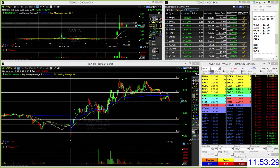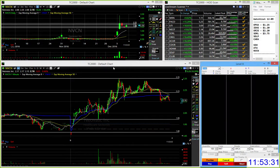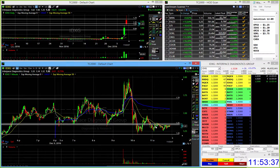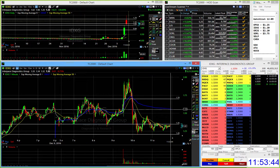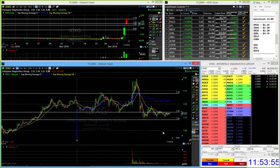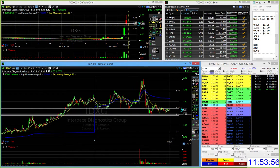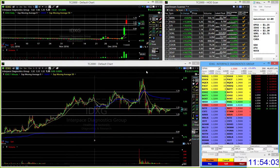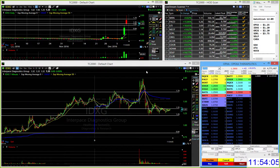So going into the afternoon, I'm going to be watching IDXG. Potentially watch this one for a break through 120. I don't know if it can do this, but once the VWAP catches up, I want to see a rejection of VWAP. So I'm not going to trade it here again. But if we get back and retest that VWAP and reject it, and then it sets up for what looks like a good possible short into the close, I'll be looking for a 120 break and lower. That's a big if, so it needs a proper intraday setup. I don't want to mess with any chop on it. It just needs that good setup for us. So IDXG,